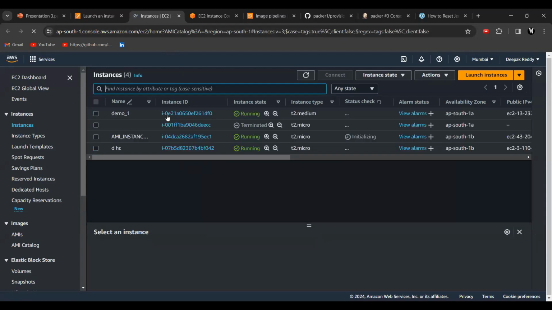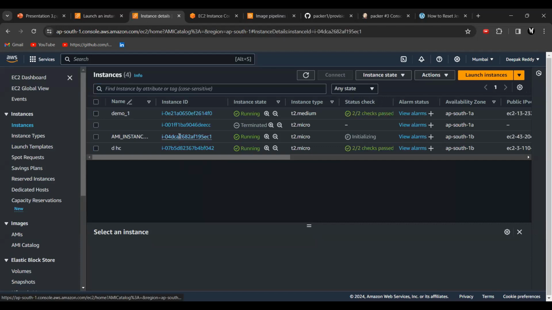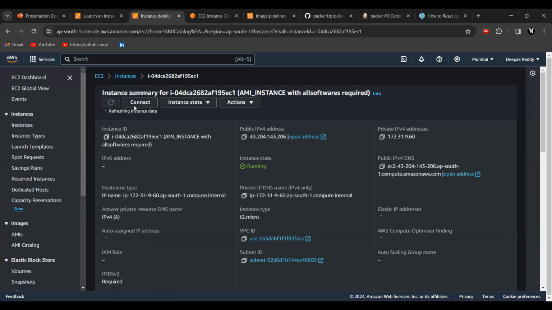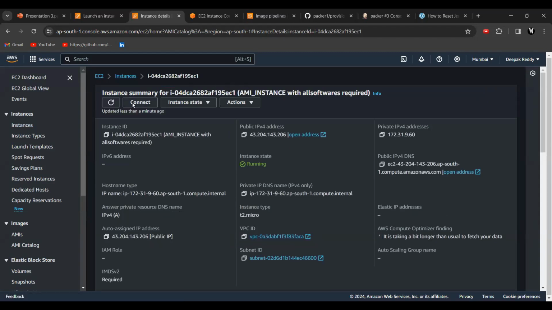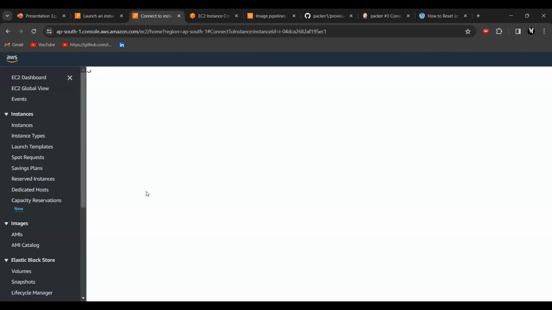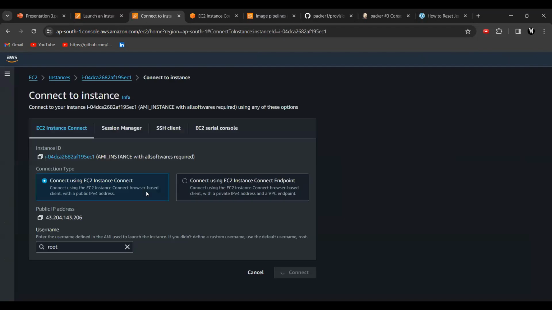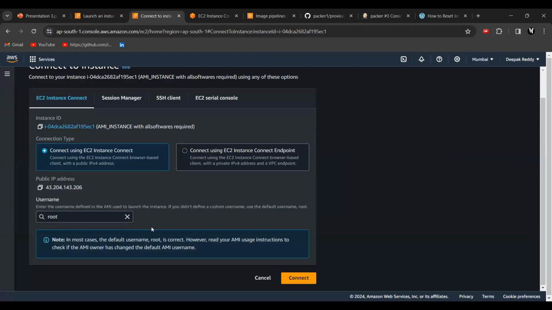I know the name is not at all good, but still, let's continue with that. AMI instance with all softwares required. We will connect using SSH.